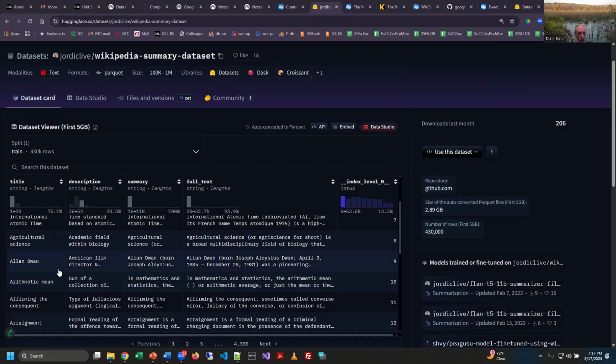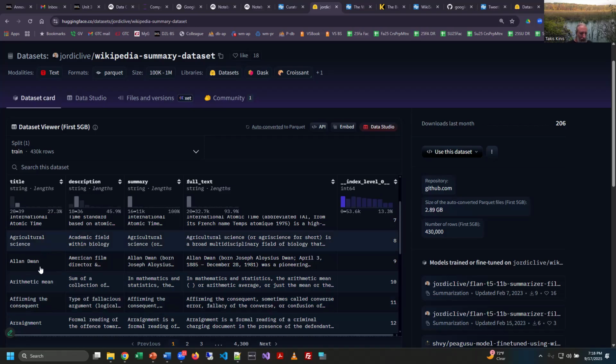You'll notice this allows you to actually look inside the data set, so you get a little sneak peek. What does this Wikipedia summary data set look like? It's a text file basically. You can see they have the title, the description, a summary, and then the full text of the Wikipedia entry.